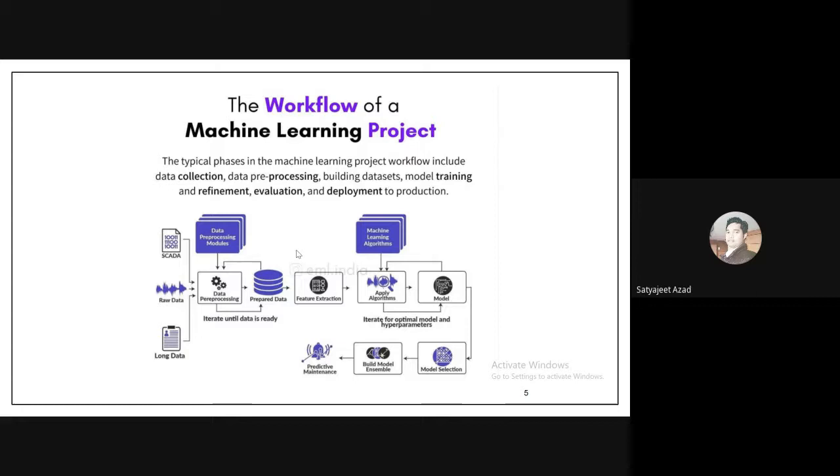Okay, so for raw data, once you collect it from the field, or if it is secondary data, you try to pre-process it. Once your data is prepared, you remove some noise, outliers and all, then you do some kind of feature extraction. That is where PCA and LDA come in, where you try to extract features out of the data given to you. Then you apply machine learning algorithms. Why do you apply a machine learning algorithm? Because you try to read patterns in the historical data which is already available but which you don't know. That is why you apply algorithms.